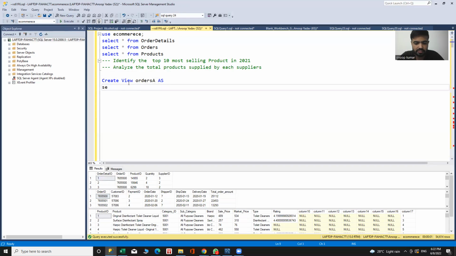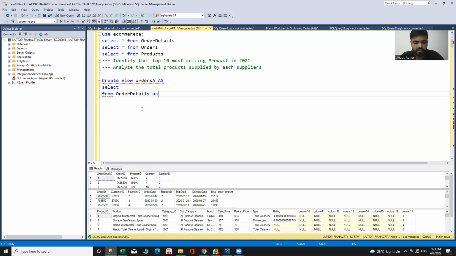Now I need to select data. Before selecting data, I will join all three tables with the help of joins, from which table? The order details table,